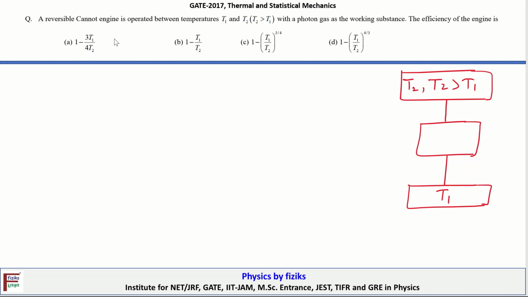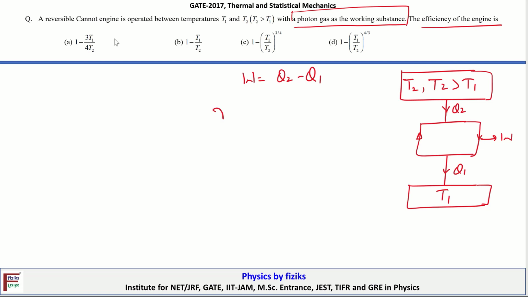Here let's assume that Q2 is the amount of heat taken by the working substance while going through the cycle, and Q1 is the amount of heat directed to the low temperature reservoir, and W is accordingly the work done during this process. So W is equal to Q2 minus Q1. Now, with a photon gas as the working substance, the efficiency of the engine is, we know,